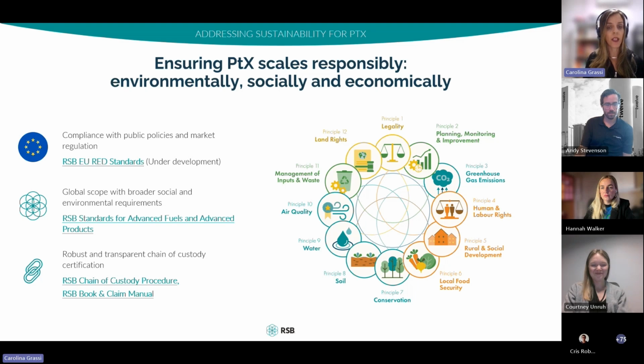And so RSP works with these regulations and in compliance with ERAD regulations, and also with an approach that is broader and includes global scopes. So in the next slide, I will provide you a summarized view on what are the main sustainability requirements for the production of